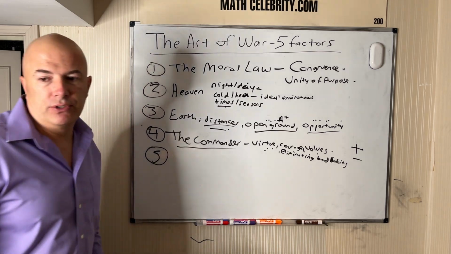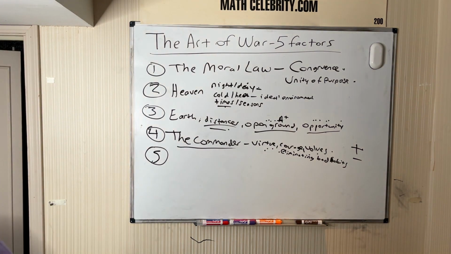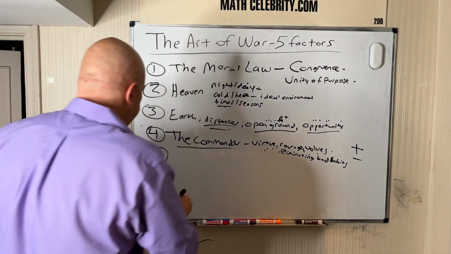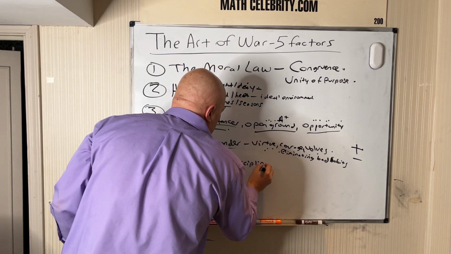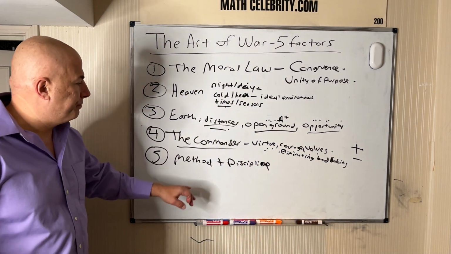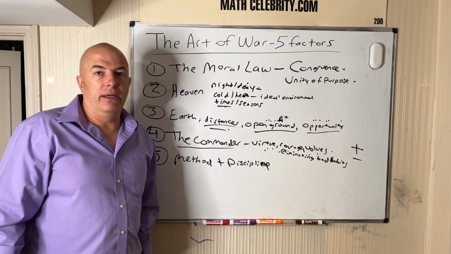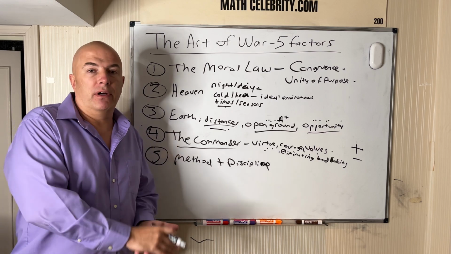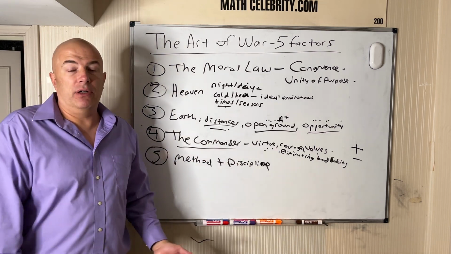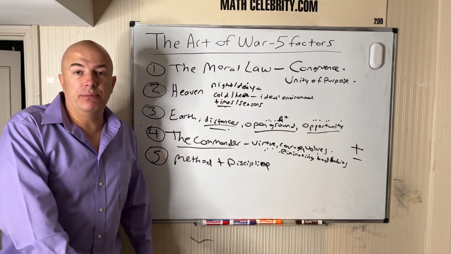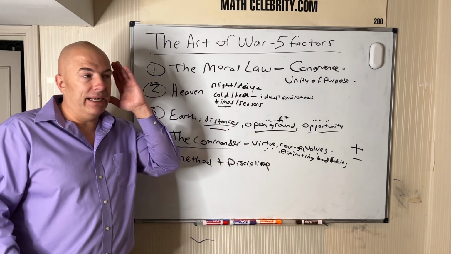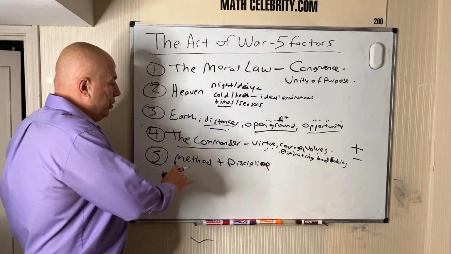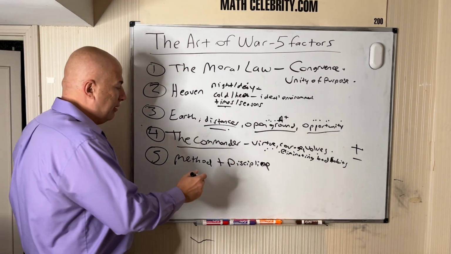Let's close this video out with the fifth of the factors: method and discipline. So on the battlefield, military stress discipline. We all polish our boots, we all fold our clothes a certain way, we all stand a certain way at attention when somebody of higher rank comes into the room. There's a big process to that, and a lot of that is so we have a uniformity of mindset and a uniformity of action. Math class is not the military, but the point of this is